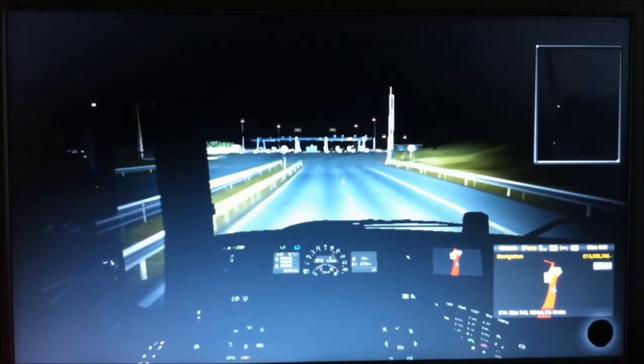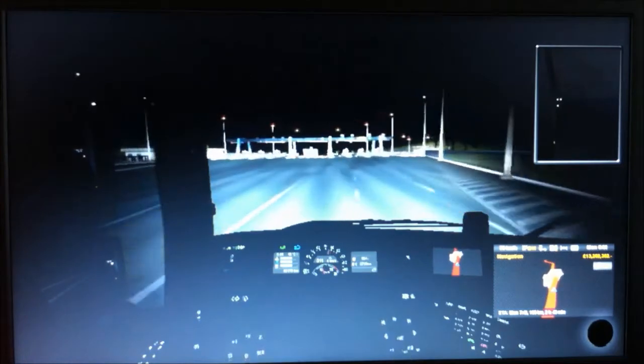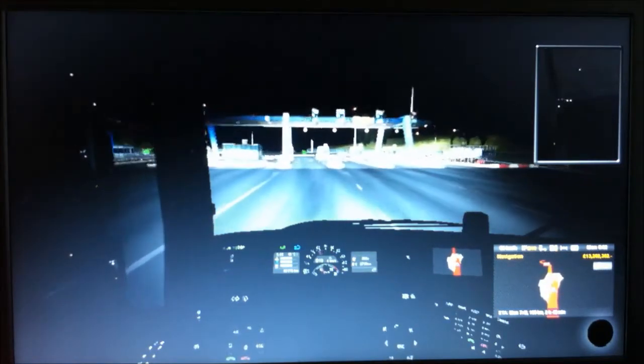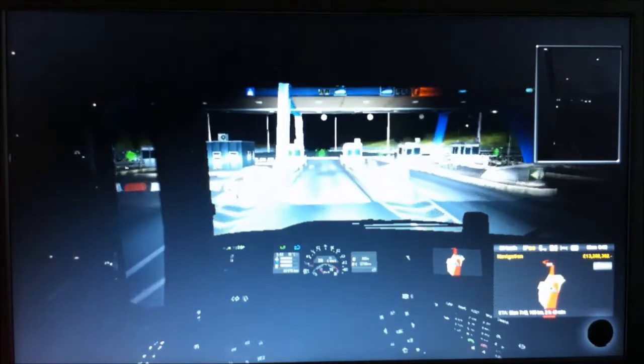It's getting out of lane so that I can get access to that outer toll booth, and then that means I don't have to slow down for anyone else. Right, so